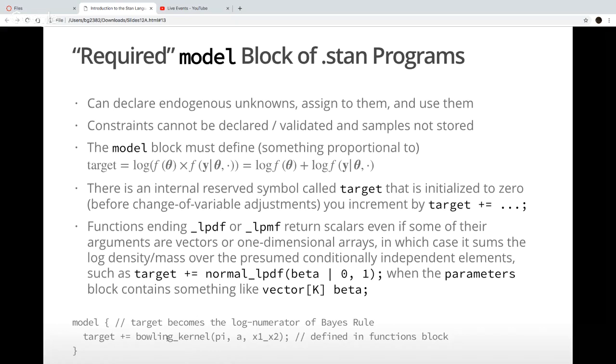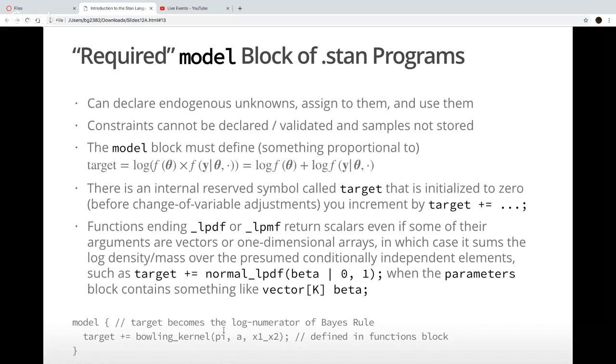All I have to do is call bowling kernel, which is the function I defined in the functions block. And we talked about the blue thing on the right a few slides back, that returned the logarithm of the Dirichlet PDF prior plus the log likelihood for the simplex parameters that each data point on frames and pins being knocked down contributed to.